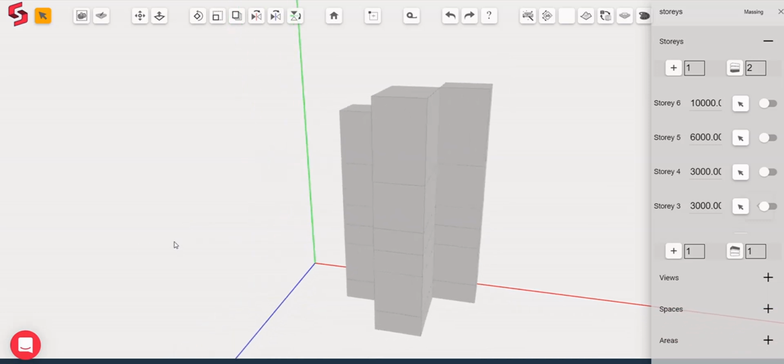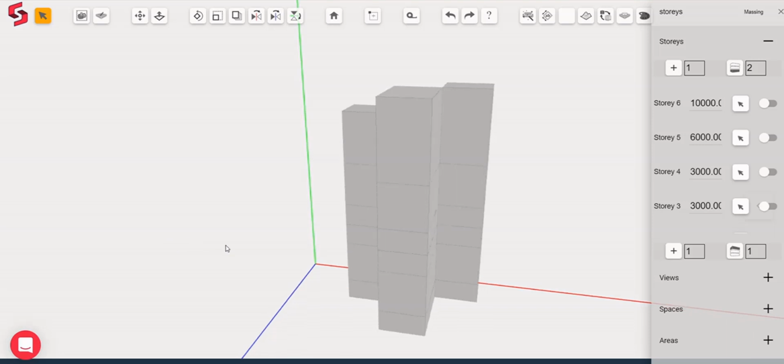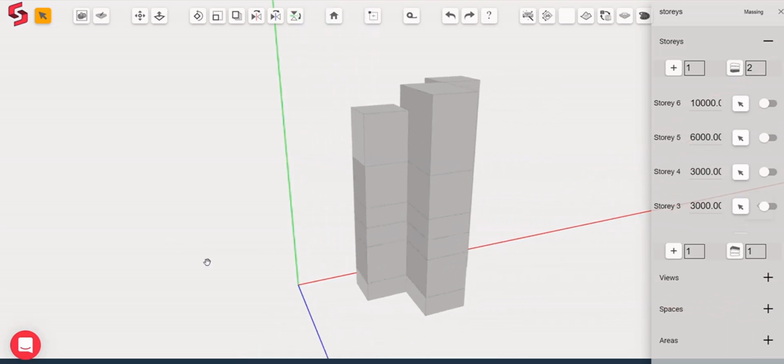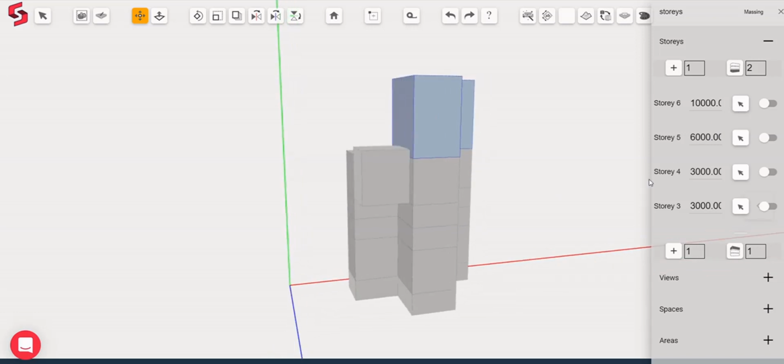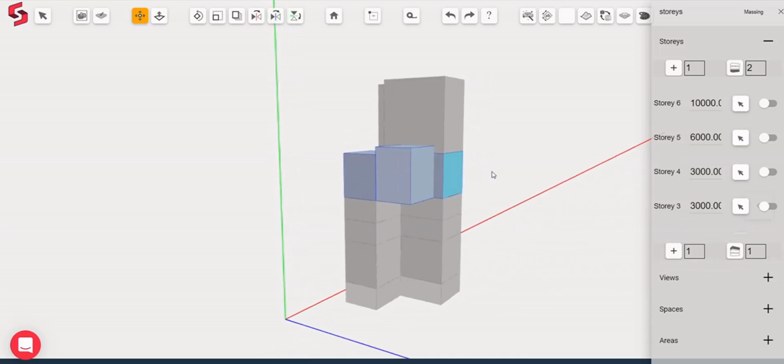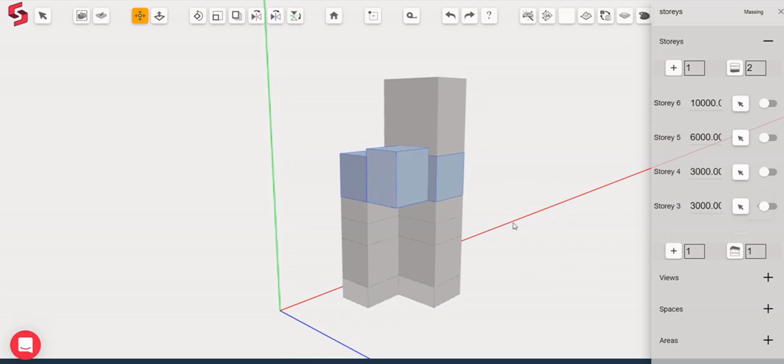Another important thing to note is story assignment when you do free move on objects. For example, I'll take this particular object, I'll move it in the horizontal direction by 5000 mm, and then I'll move it down by say 6000 mm. Now this particular object which was in story 6 would now have been changed. So story 6 contains only these two objects, and story 5 contains all the objects along with the new object that we just moved.